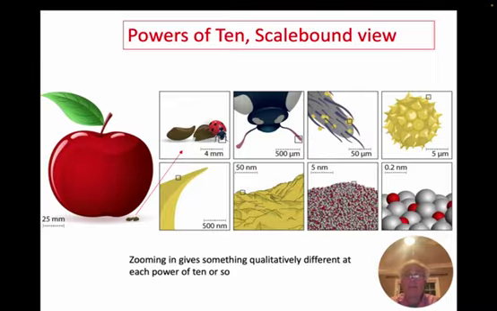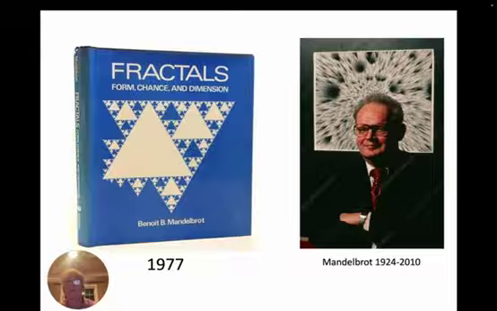We're used to the idea that as we zoom in, we find something different. This powers of 10, or scale-bound view, is shown here. Every time we zoom into the ladybug by a further factor of 10, we see something quite different, requiring new theories, new models, new understandings. This scale-bound view is so ingrained that it seems obvious. But is it? What happens if we zoom into clouds? Does the fundamental nature of clouds change every factor of 10 or so?